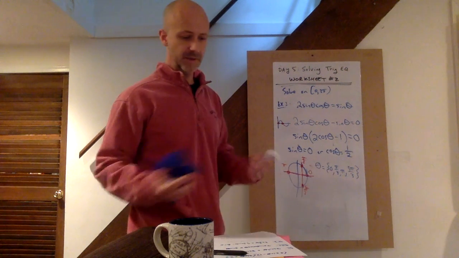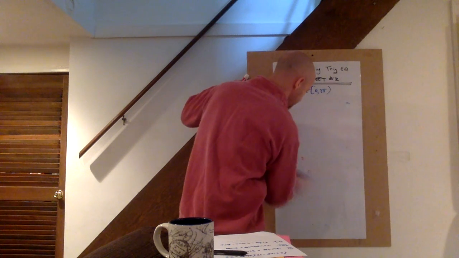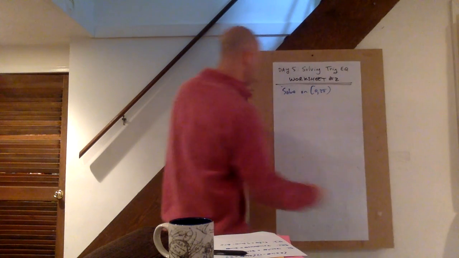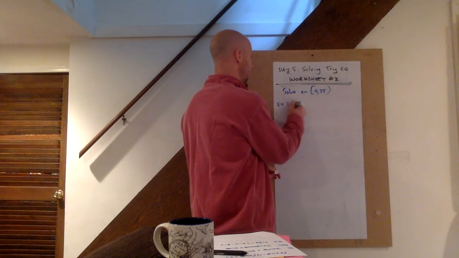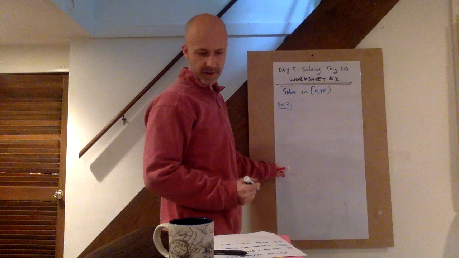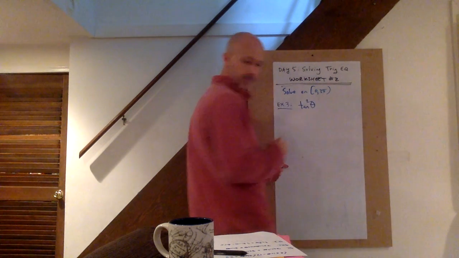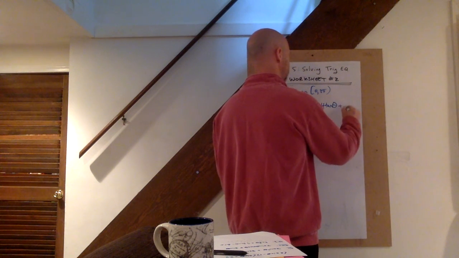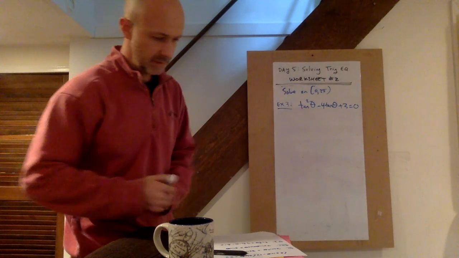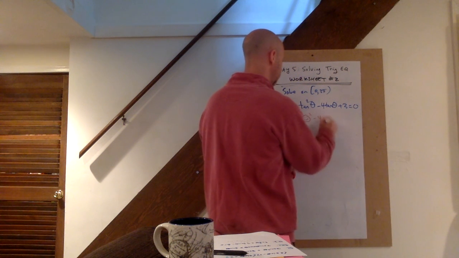Okay, example 3. One more problem to look at. Let's say we have the equation that we want to solve on the interval 0 to 2 pi, and it is tan squared theta minus 4 tan theta plus 3 equals 0. Okay, so if I try that substitution again, I see a quadratic form like this,